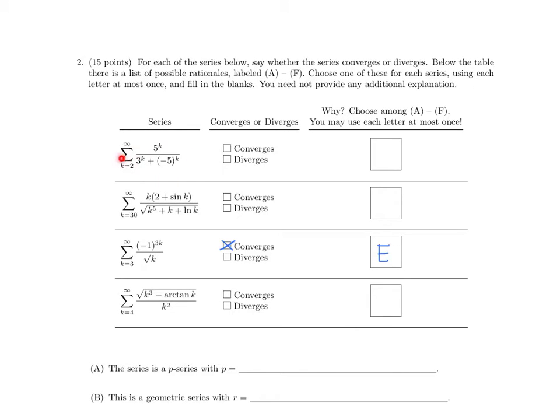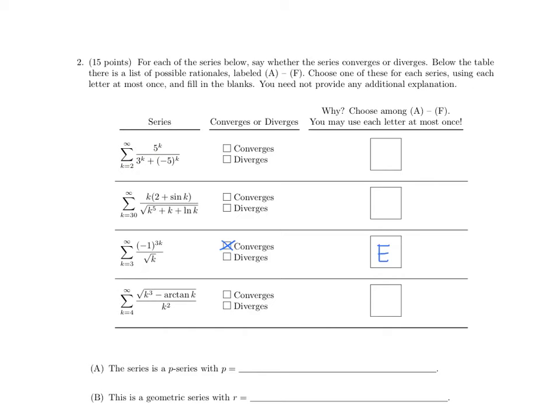So this denominator oscillates between positive and negative, but the important thing to note is that the two dominant terms are going to be 5 to the k in the numerator. That's the only term that's in the numerator, but eventually this -5 to the k is going to be much, much bigger, growing faster in magnitude than the 3 to the k in the denominator. And so what we're really dealing with is something that behaves more like 5 to the k over -5 to the k,